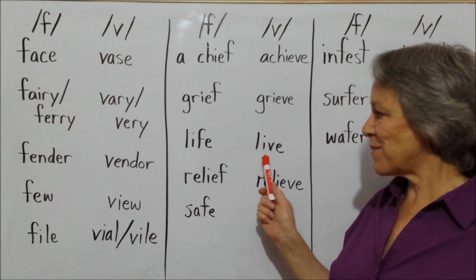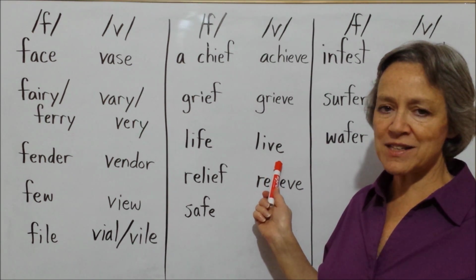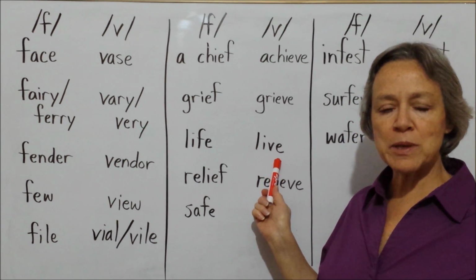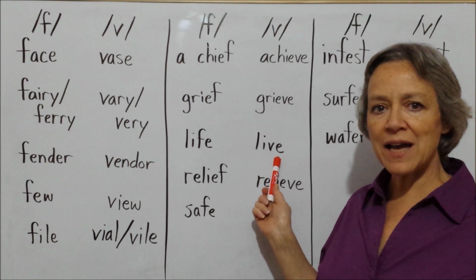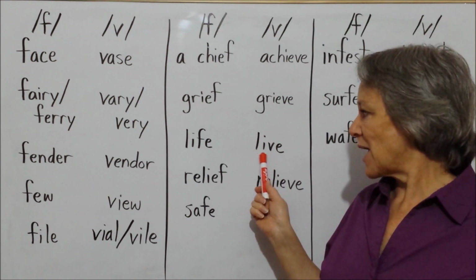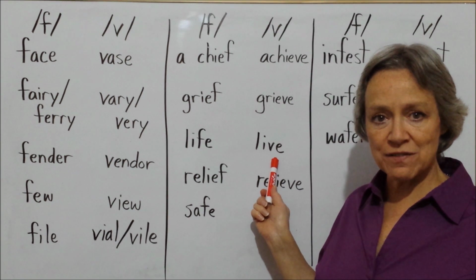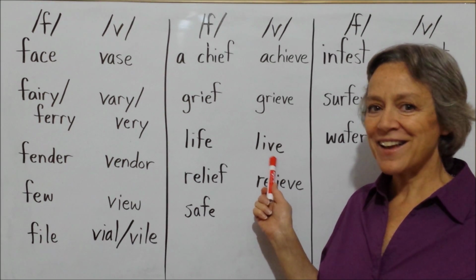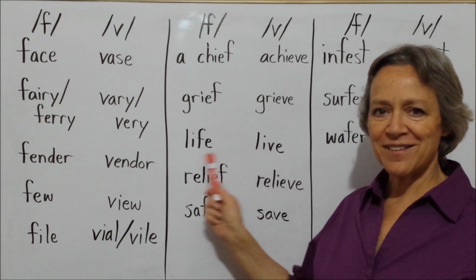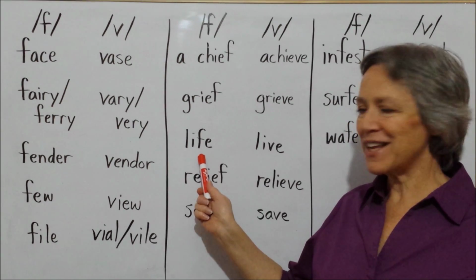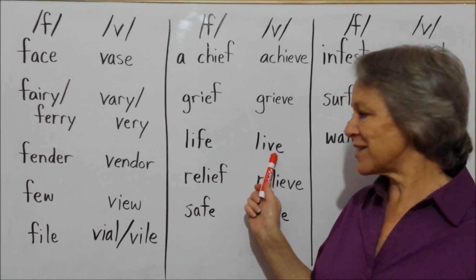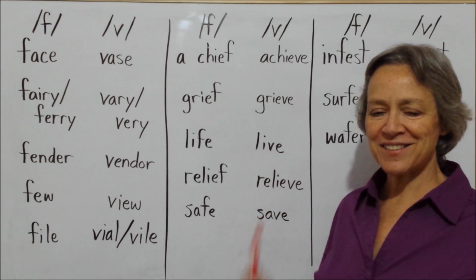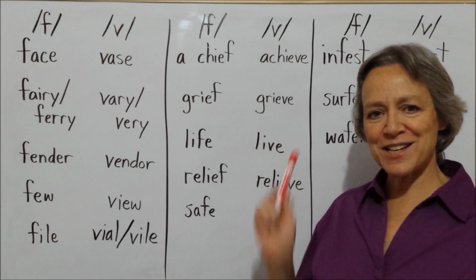You might have wondered about this word. You may have wanted to say live. Well, as a verb, this word would be pronounced live. I live here. But I was pronouncing it as an adjective. As an adjective, it's pronounced live. All right? And I had to do that in order to have it be a partner with this word, life. Okay? So I pronounced this as an adjective. This is life, live.